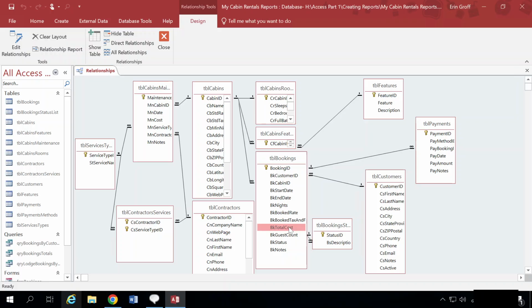We need from table customers, which is located here, the customer first name and last name. And then lastly, let me make sure this is the right one. Yeah, table cabins, we have the cabin name. So for the customer bookings report, we're going to be pulling from table cabins, table bookings, and table customers for that particular report. So this was just a way to see which fields we would actually need for the report